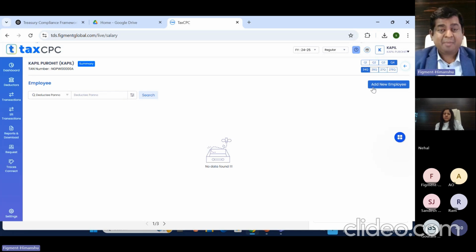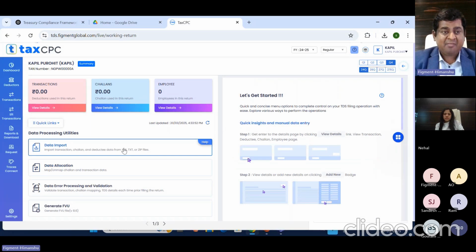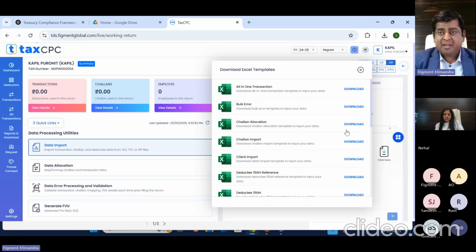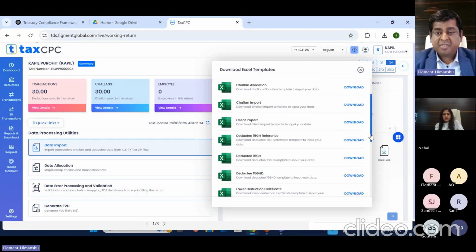Now what activity our application is doing, I'm showcasing that template also, and how we are preparing the data for quarter 4 24Q. If you go on the data import, the template is coming. For annexure A, the all-in-one transaction is sufficient. There are two annexures that we need to file, annexure A and annexure B, annexure 1 or annexure 2. For annexure 1, the all-in-one transaction is good. For annexure 2, we have the option of